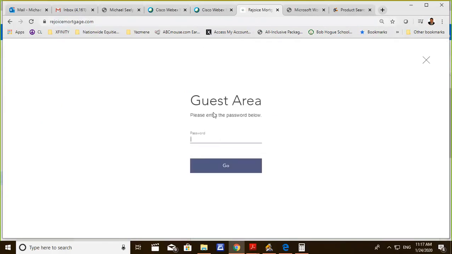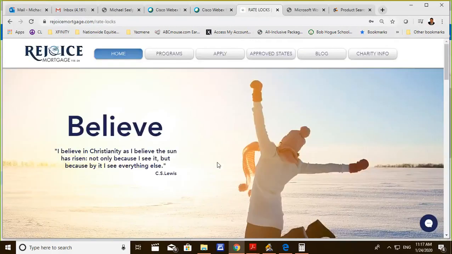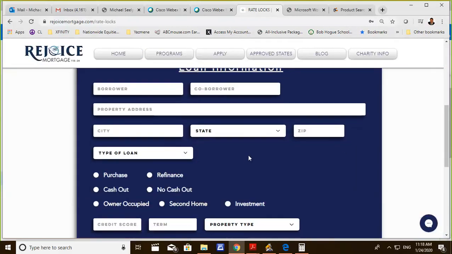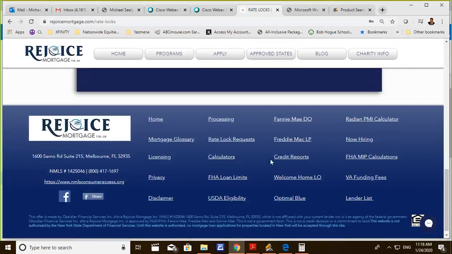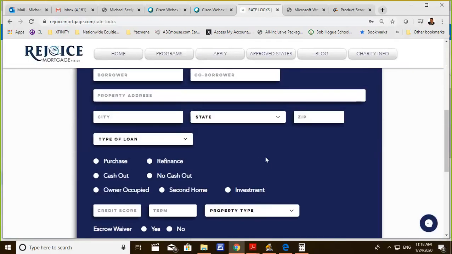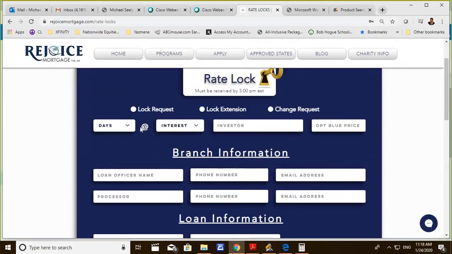The password is in your training material. Please feel free to go through your training material. Here at the bottom, again, is Welcome Home LO, and there is a password that your branch manager would have provided to you. So once you have your borrower and you decide that you want to lock your borrower, let's